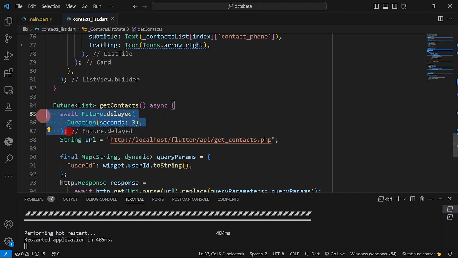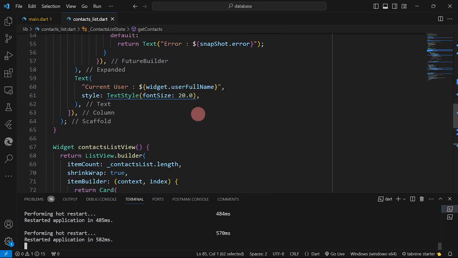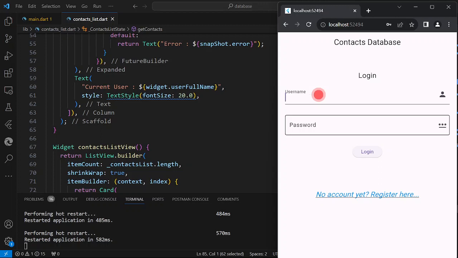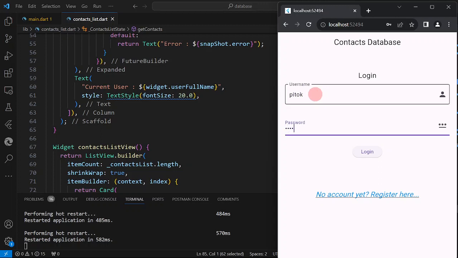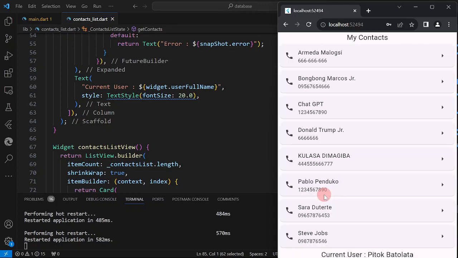Again, the purpose of this one is just to have a delay of 3 seconds so that we could see our progress indicator when we first opened our page. Okay, so again, ptalk, then 1, 2, 3, 4, 5. Okay, so we have here, oh, it is not centered. Then we have here our progress indicator. Then we have our